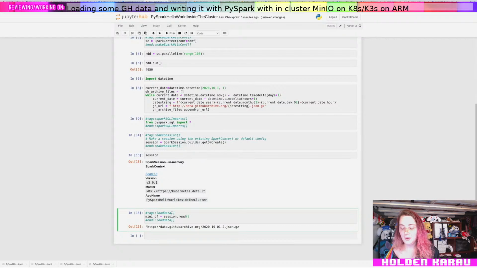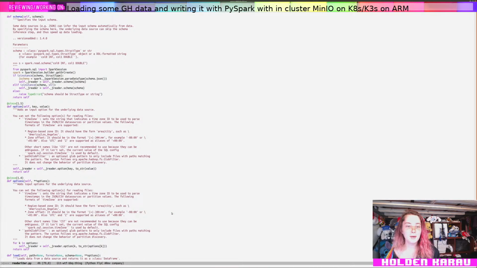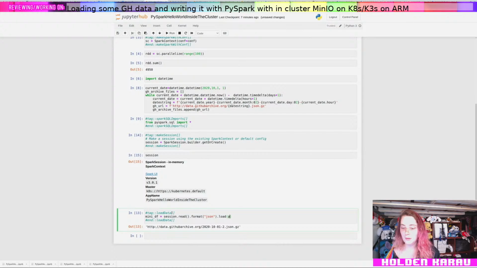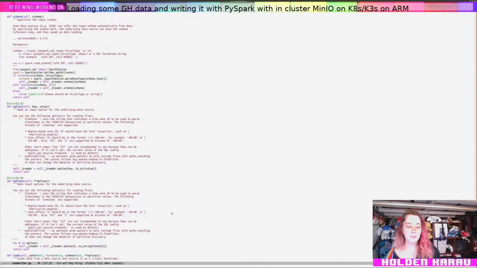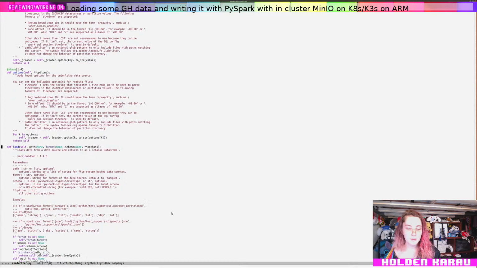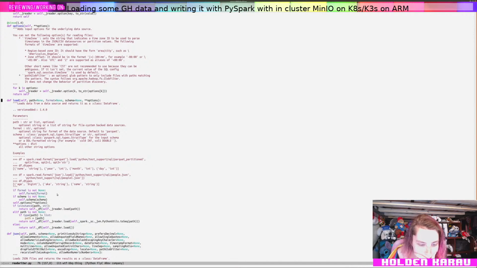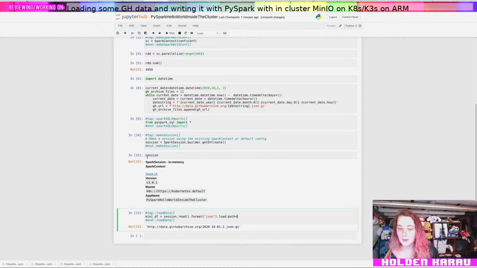Okay, format is going to be JSON. I think compression is going to be auto-detected. The schema will also, we can just use auto-detection there. And then we're going to just go ahead. Is it path? No, it's path. It'll take a list, right? Yeah, it'll take a list too. Okay. But for now, we're just going to go ahead and